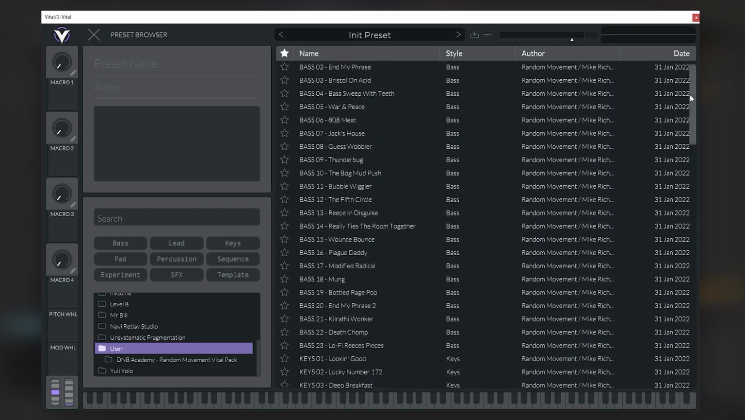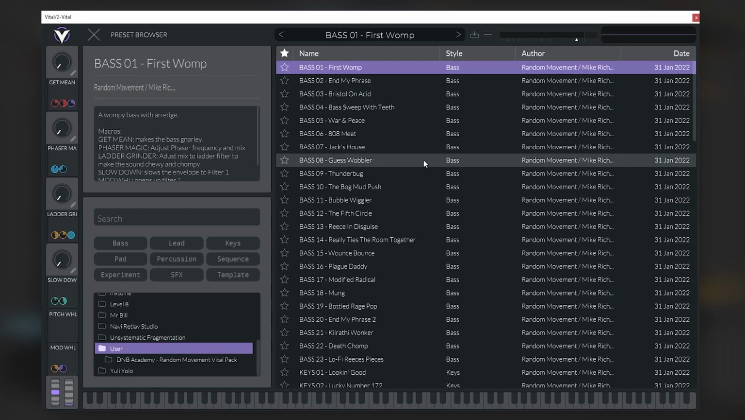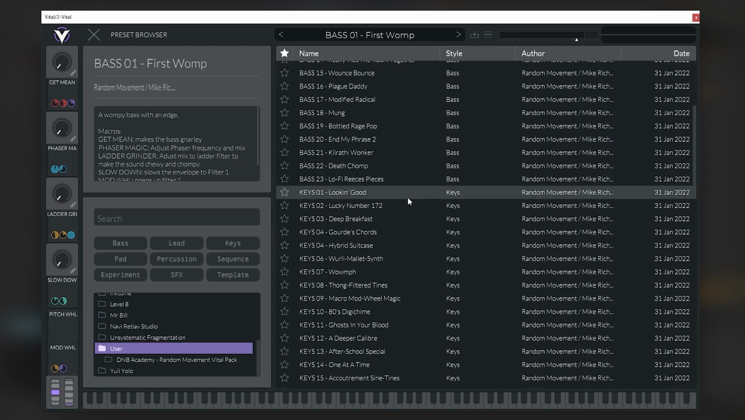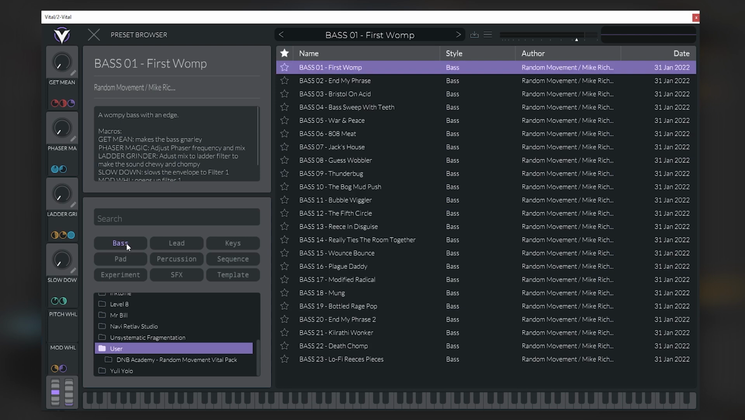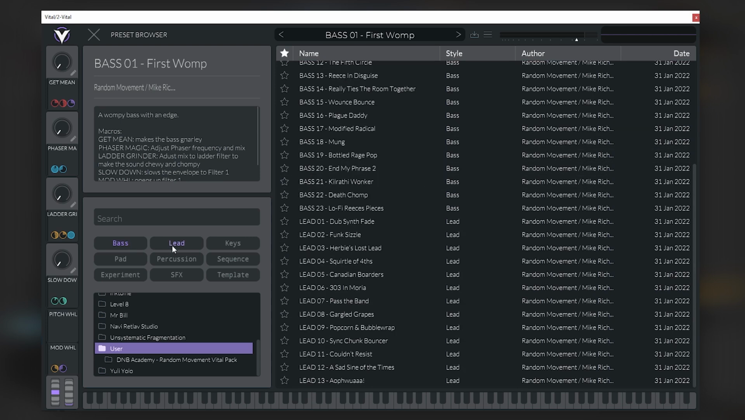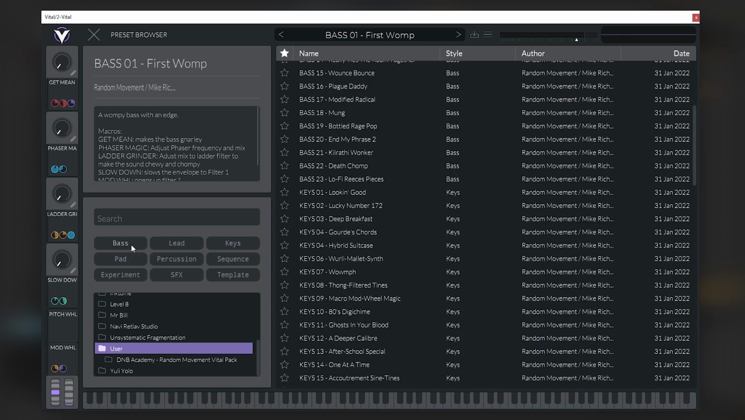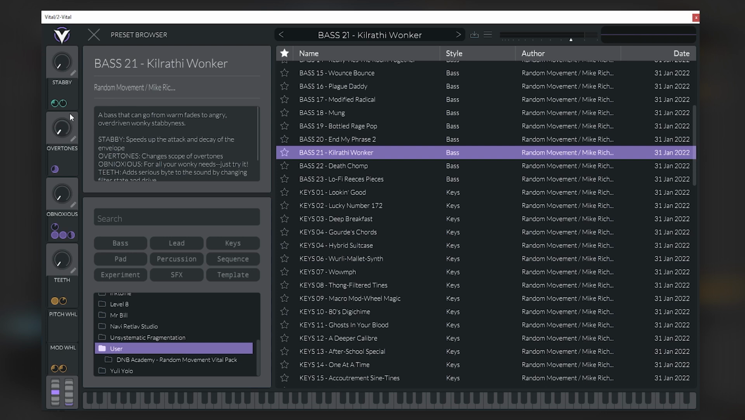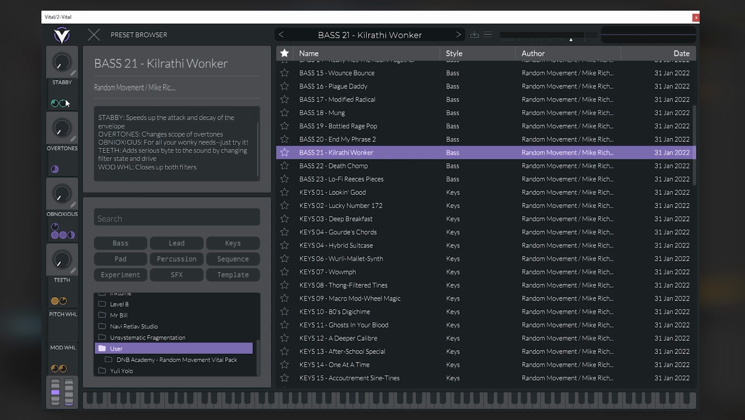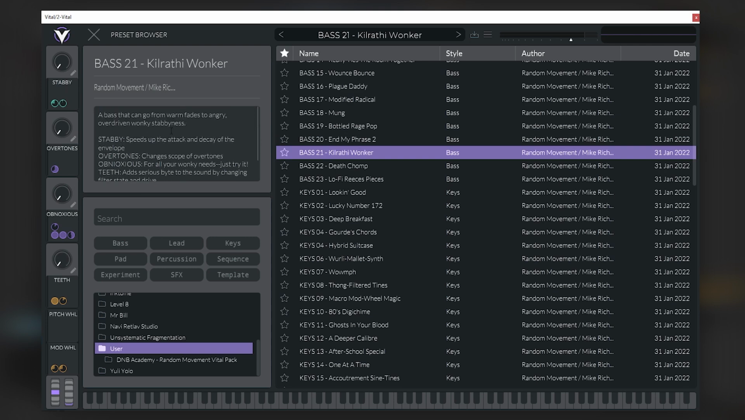A couple things that I want to talk about with this pack is the structure. The structure of this pack is that it's divided into all the different types of instruments that you will find in a preset bundle. For example, you can click here and sort all the basses, the leads, the keys, the pads, effects, etc. And all of these presets have 4 functional macros plus mod wheel modulations that you can use to change the presets, and each of those macros is described by Random Movement,